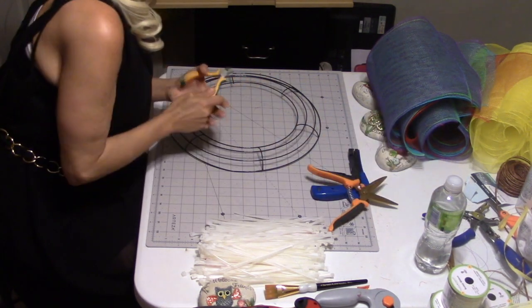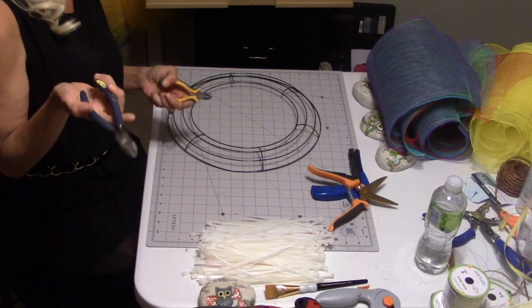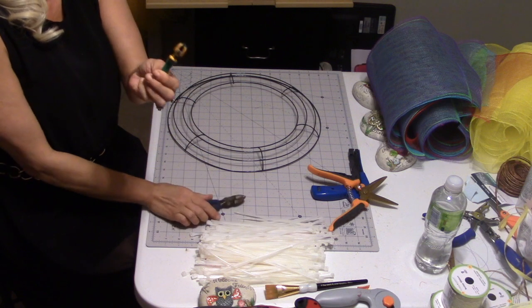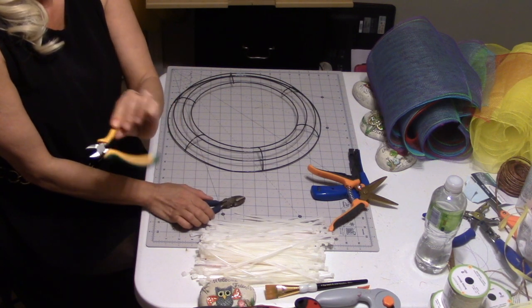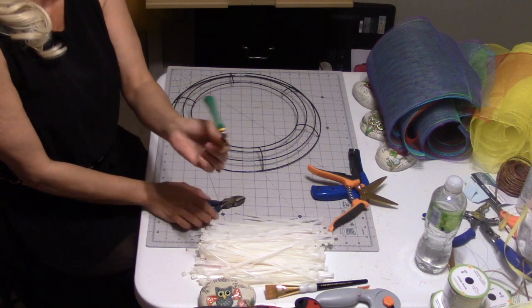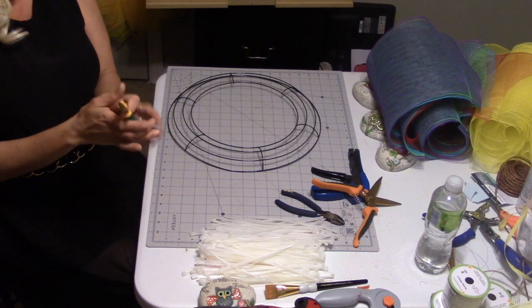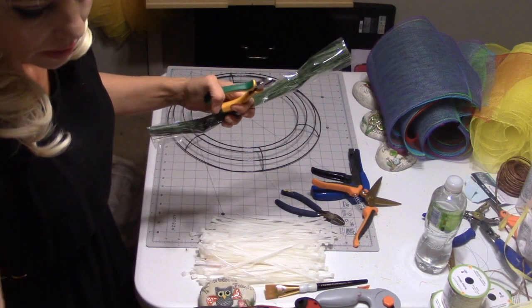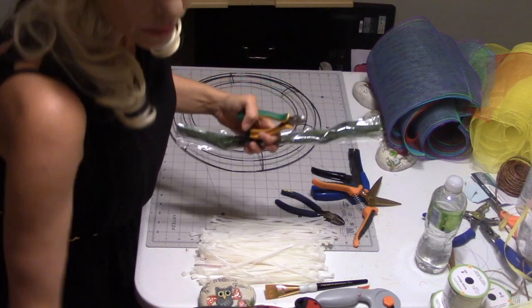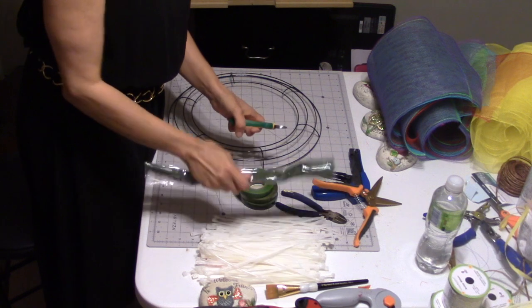And then I have what's called wire cutters that I also use. And these are my husband's, and these are really good. I don't even know the brand because I bought it on Amazon. It came in a little pack, so it was really cool. It was $12 for your wire cutters, stems, tape. Let's see, it came with 3 rolls of tape. Came with your floral stems,